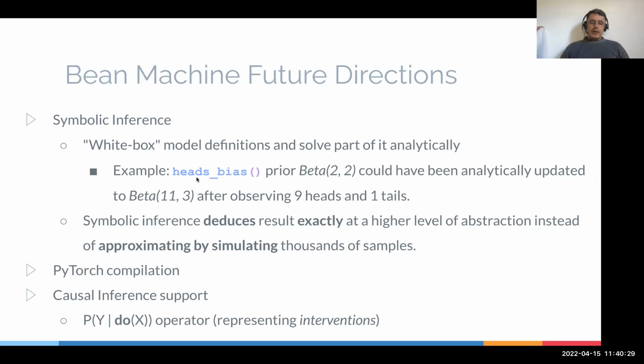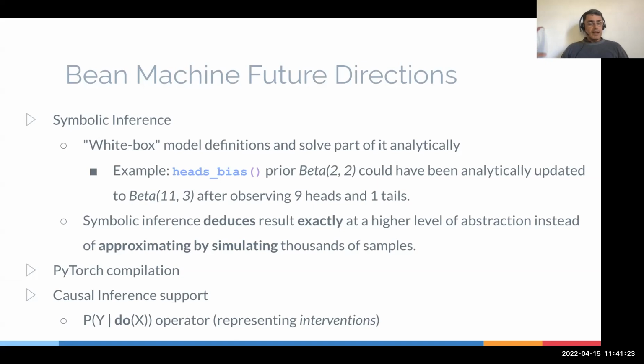And one example here, in the heads bias problem, we had a prior belief on heads bias, which was Beta(2,2), which meant as if I had seen two tails and two heads so far. Then I observe 9 heads and 1 tail. If you know statistics, you know probabilistic methods, you immediately know that the exact solution for the posterior distribution is Beta(11,3), because Beta(11,3) is the distribution that you get when you observe 11 heads and 3 tails. So if you just get the prior and you add what you saw in the data, you're going to obtain this posterior. So generating 10,000 samples is unnecessary, really, because you could immediately and in constant time generate the